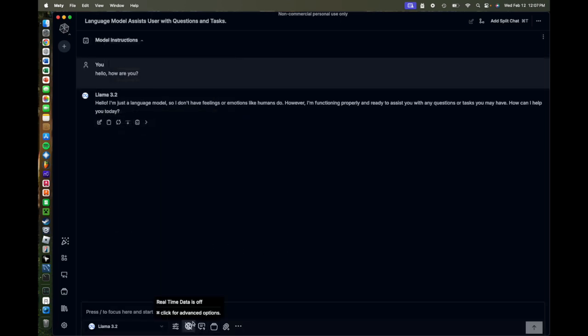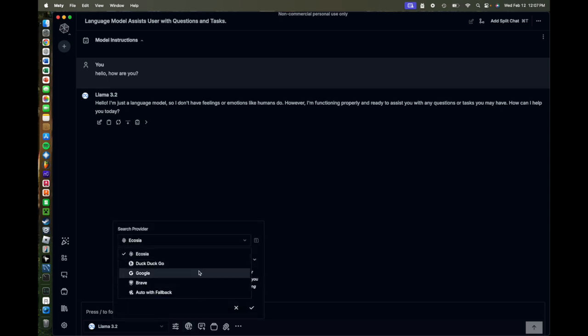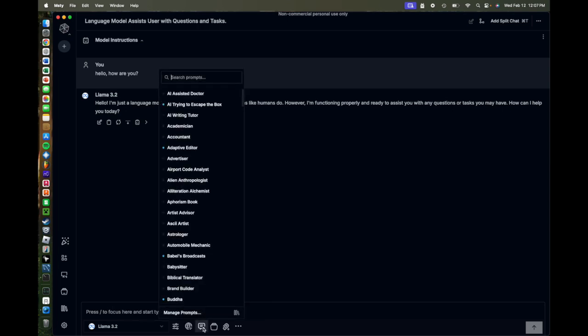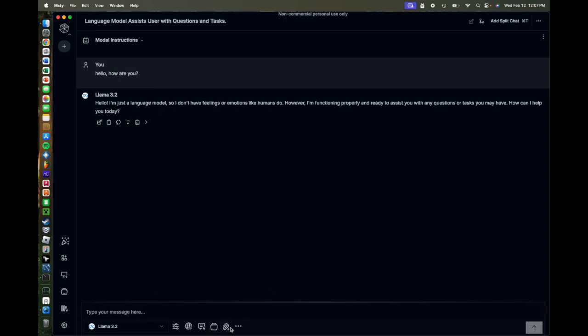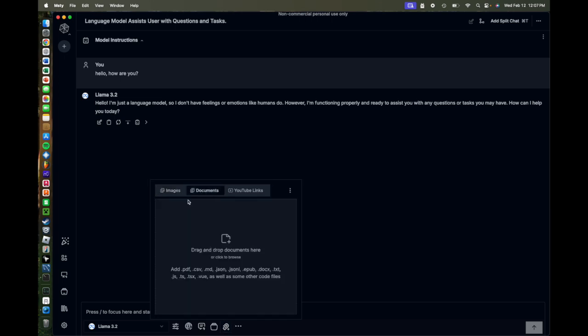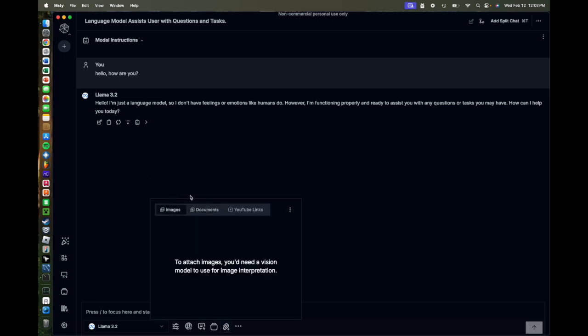Msty also allows for real-time data. So you can click this and you can choose your search engine you want to use. I would select auto with fallback. This will just give you the best search result, because sometimes Google or these other search engines won't work properly. So if you use auto, it'll just auto-generate. Quick prompts. These are model instructions. They have knowledge stacks, which I'll go over in a second, and you can attach images and documents. If you want to just throw in your images or documents here, your chat will then be able to use